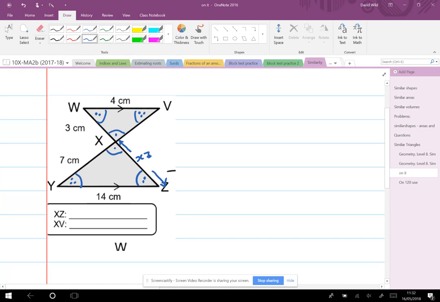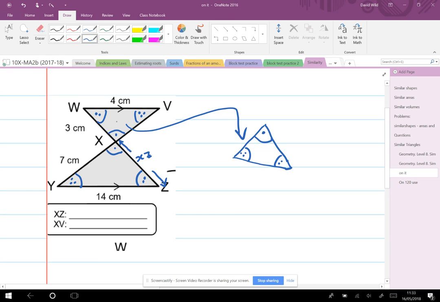So when we do our corresponding angles, we need to make sure that these are drawn in the same orientation. So think about this top triangle. What would we need to do to draw it in the same orientation? Well, we want our angle at the top to be this one. So we're looking at taking this triangle and reorientating it so that it looks the same as the other one. We want our double angle here and our triple angle here. So our triple angle,